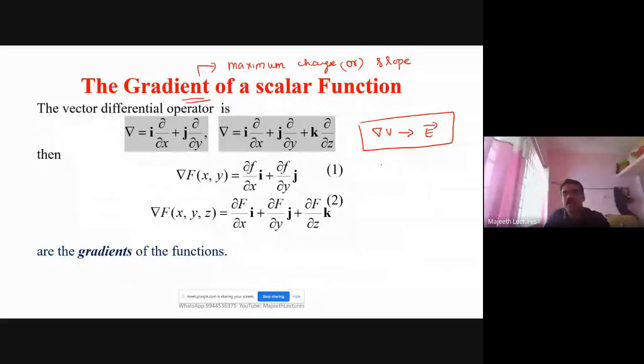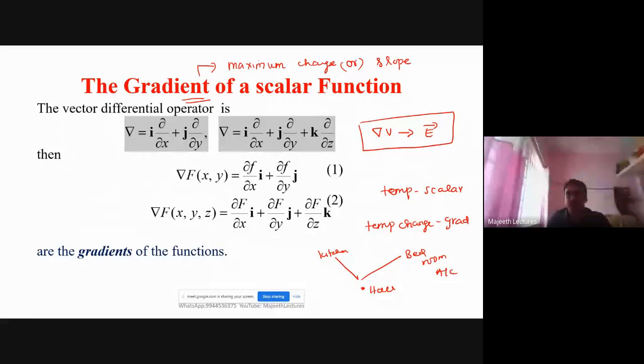So how can a scalar become a vector? See, temperature, we know temperature is a scalar. Temperature change is a gradient. Fine. So what's the meaning? You see, we are entering our home, right? This is our hall, let us assume, and this is our kitchen, and this is our bedroom. Fine. So with the AC.